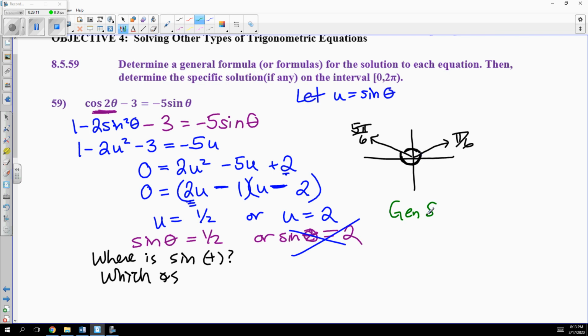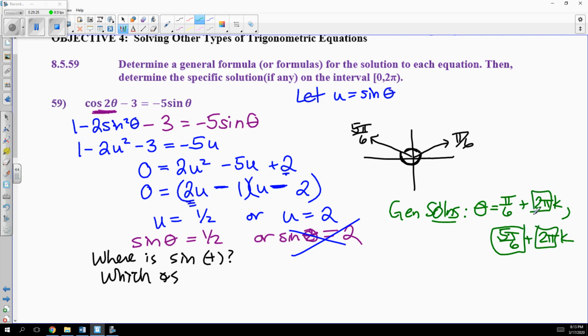Your general solutions are going to be theta equals pi over 6 plus 2 pi k, comma 5 pi over 6 plus 2 pi k. And you're going to have to type in those things, right? And then your specific solutions,